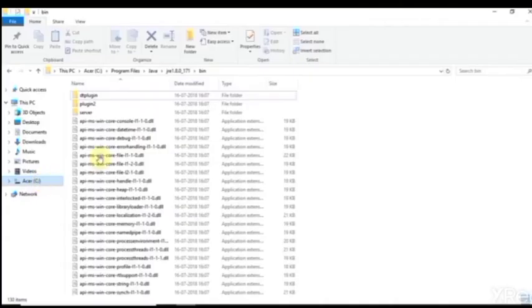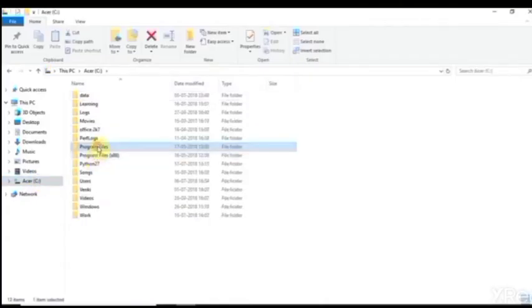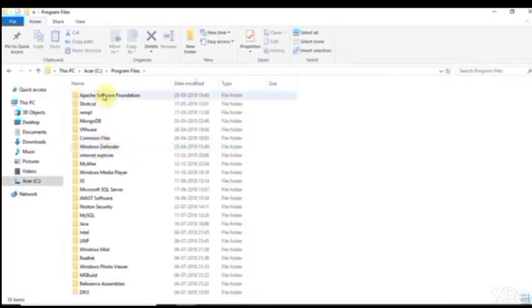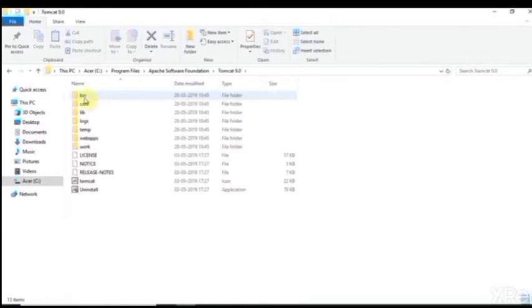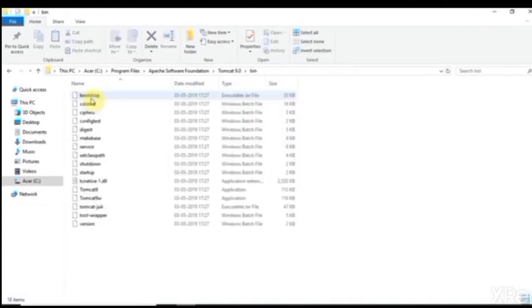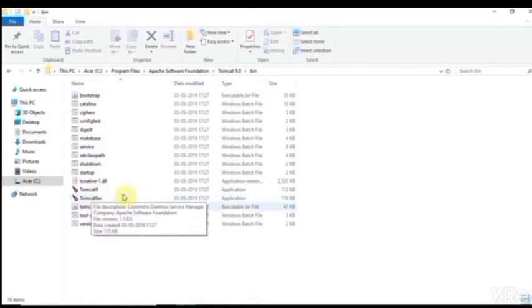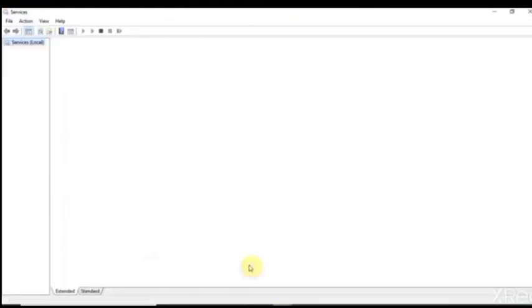Then go to C drive, Program Files, Apache Software Foundation, Tomcat 9.0, and then click on bin. See your services there. The services open here.